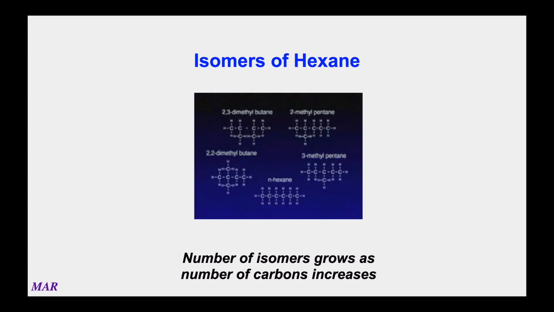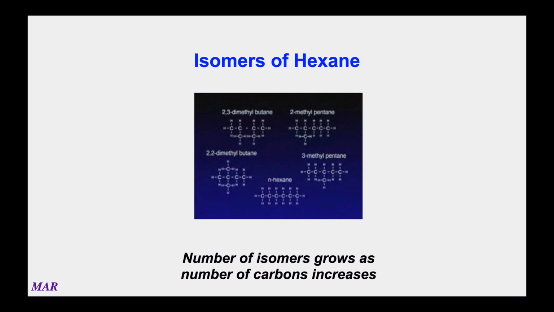Isomers become incredibly important as organic chemistry gets a little bit more sophisticated. All of these 5 compounds are C6H14, so N of 6, N times 2, 12 plus 2, 14 hydrogens. So they're all C6H14. However, you can see that their boiling points were actually quite different. That has to do with polarity and things that we probably won't talk about as much in this class, but there are a lot of differences. So they are not the same compound.